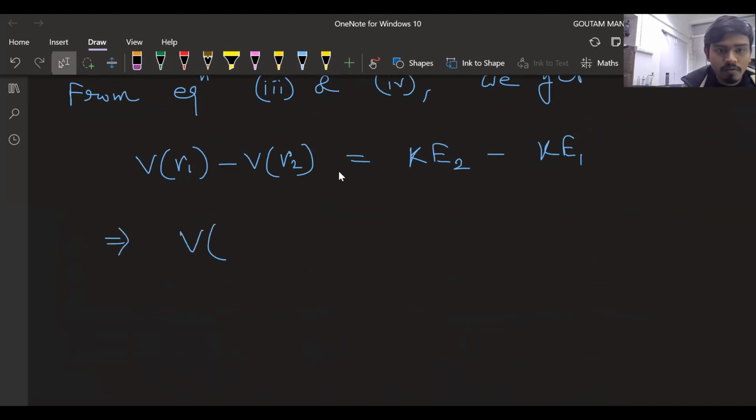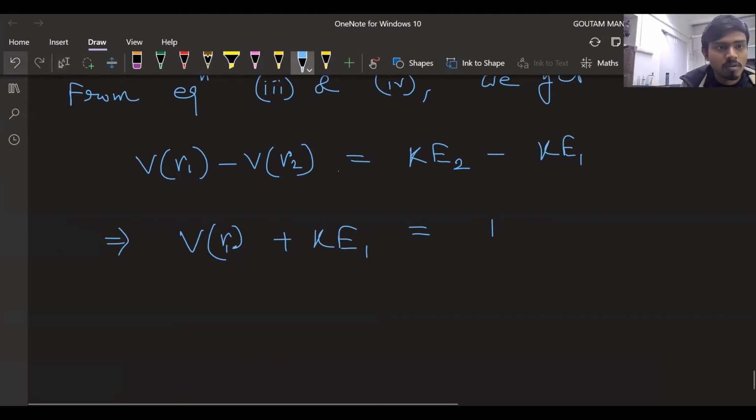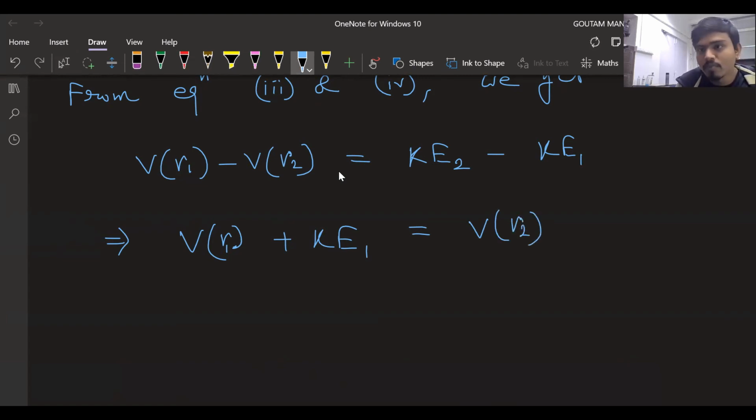This means V of R1, the potential energy at point 1, plus the kinetic energy at point 1 is equal to the potential energy at point 2 plus the kinetic energy at point 2. So this is called the total mechanical energy